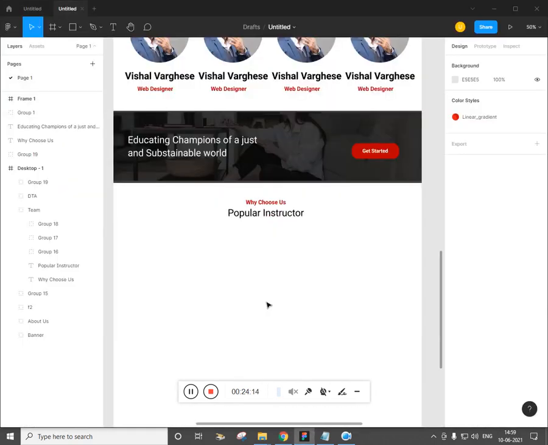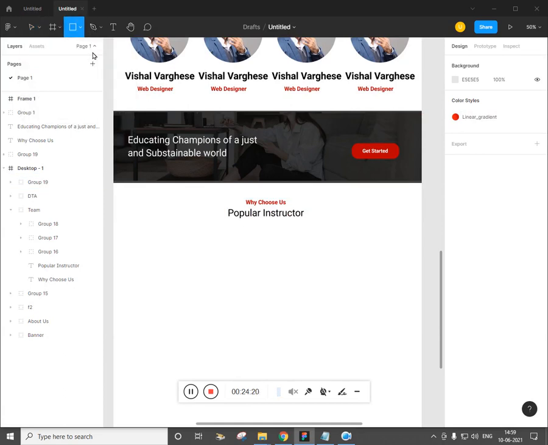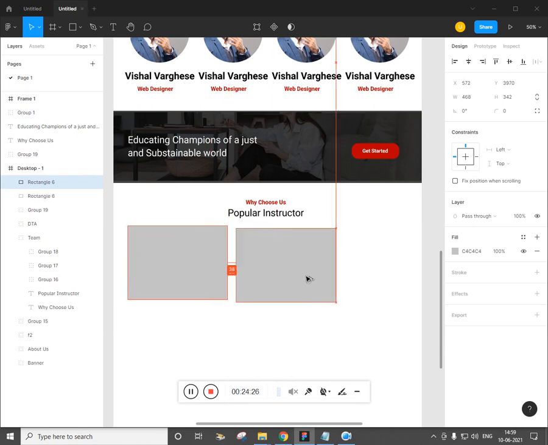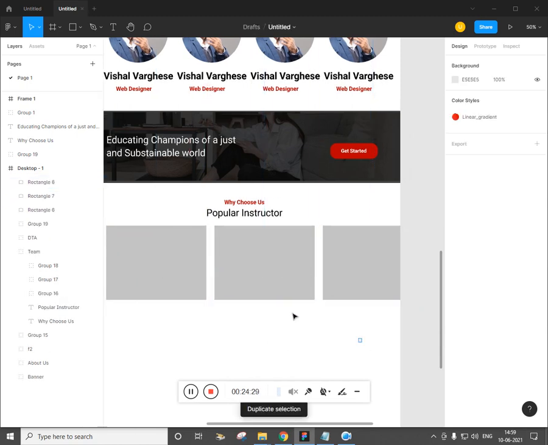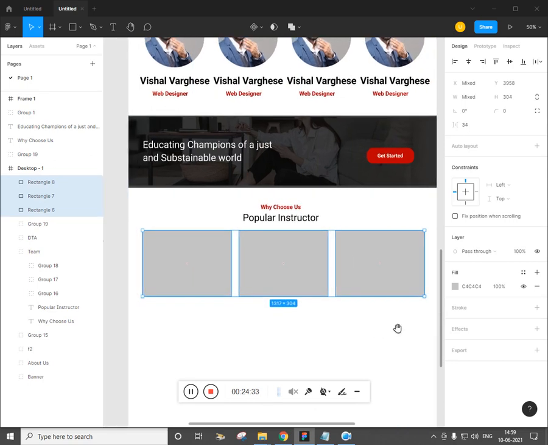Now you can add the text as per your convenience. I'm just designing it. Now what we need is, let's place a rectangle, alt drag, Control D, select all and make it fit.